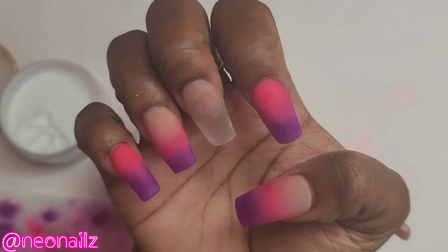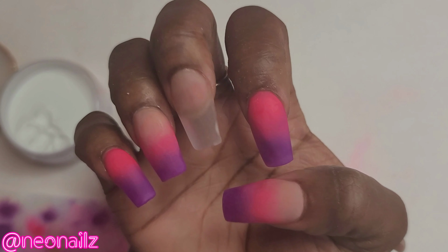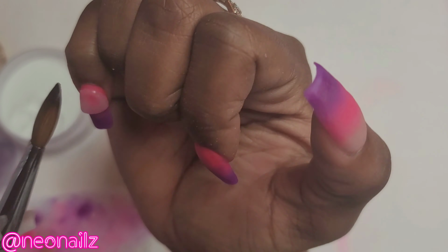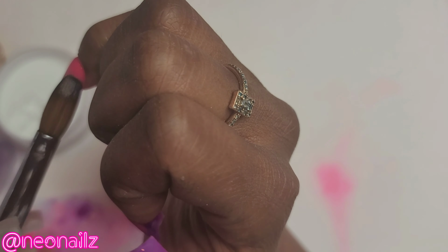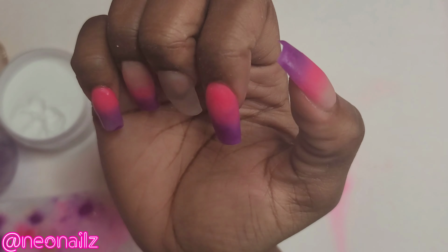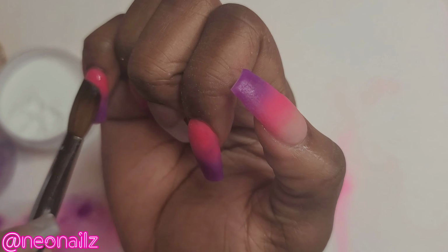So here's what my set is looking like before clear capping. I think, for working with my non-dominant hand, it's not too bad. I can definitely see how I would be able to make it better if I was using my right hand, but I'm really proud of myself, and I'm going in with my crystal clear now, and I'm one-balling this